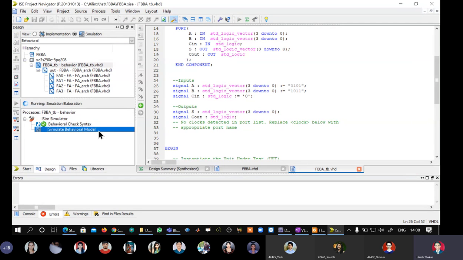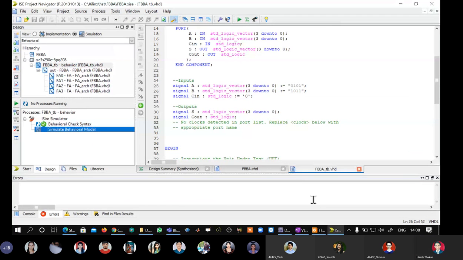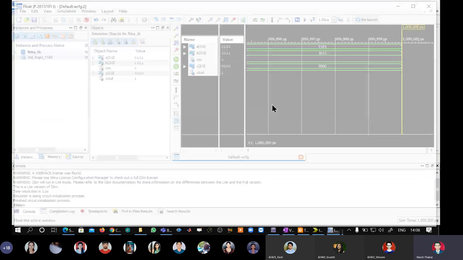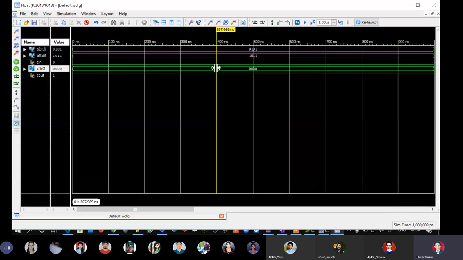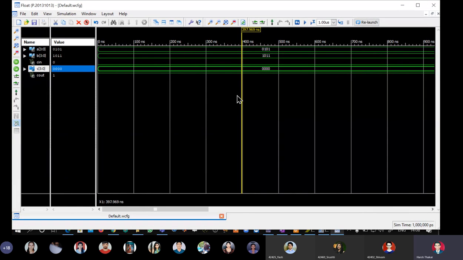What is expected is that we want the cout to be 1 and the sum vector should be 4 zeros. We see here that the sum vector now has become 0000. We can see this in the value column here. So 0000 and cout is 1, so 0000 with a carry 1.